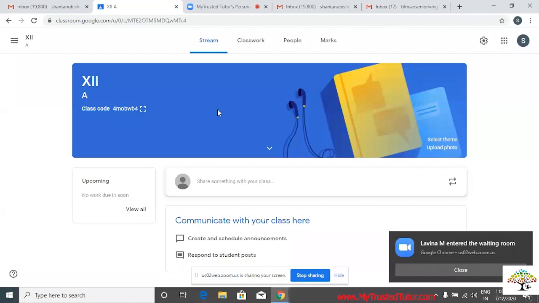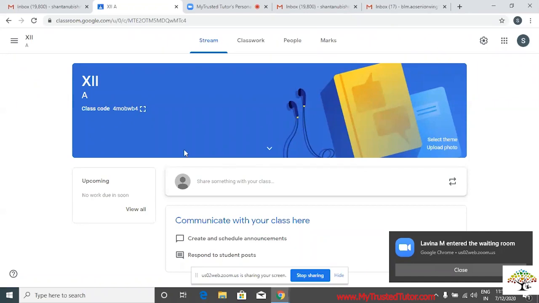Now we have created our class. We have given a face to our class, and we have also copied the class code. The basic things we have done. Now, the important part is we have to add certain assignments, or any files, images, or links to our classroom so that students or your colleagues can access it.